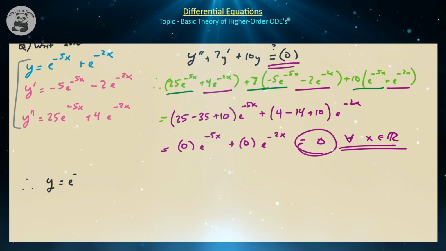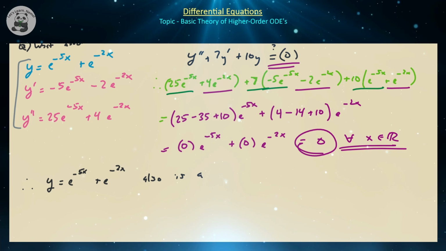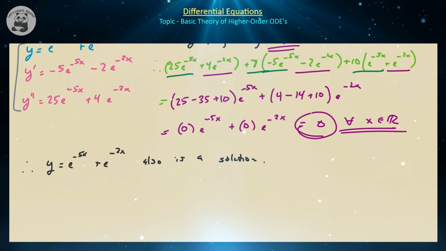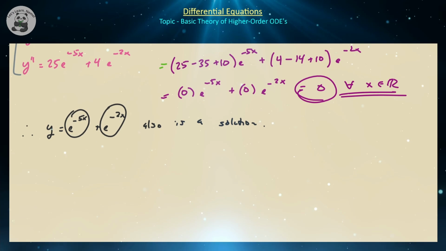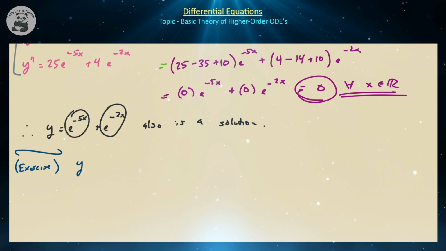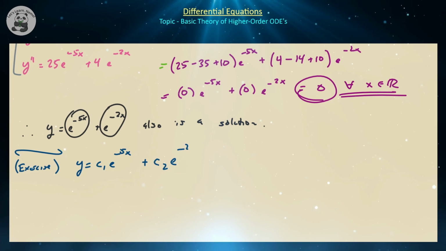Therefore, y is equal to e to the minus 5x plus e to the minus 2x also is a solution. Right? So that's pretty interesting. So e to the minus 5x works, e to the minus 2x works, scalar multiples of the individual exponentials also work, and the sum of the original two exponentials also work. So another fun little exercise for you is to prove the following, that y is equal to c1 e to the minus 5x plus c2 e to the minus 2x